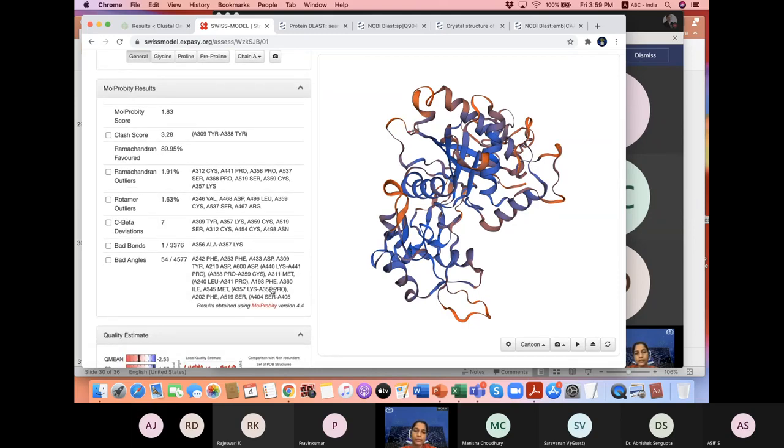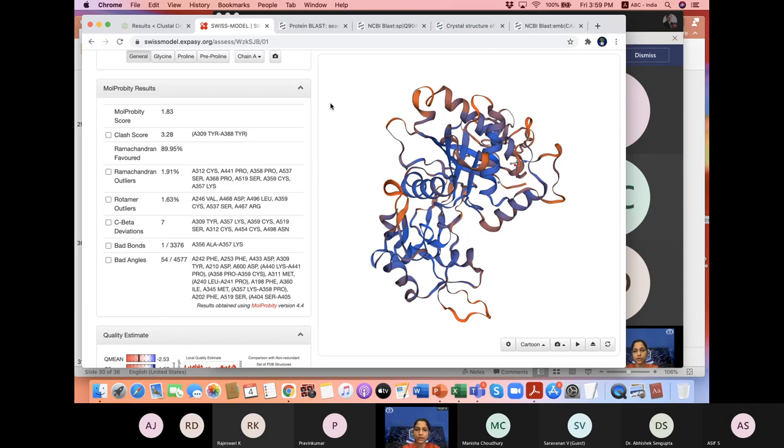Which means that this particular model which we have made, we cannot go ahead with it 100%. We need some amount of force field to get it refined and become a proper structure. That refinement can be done using various softwares, which is beyond the scope of this lecture.